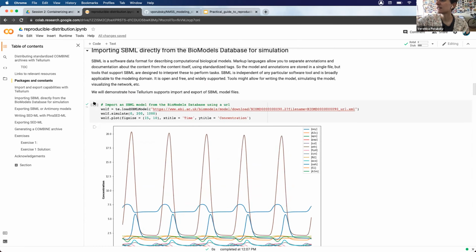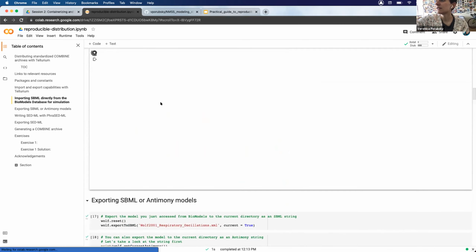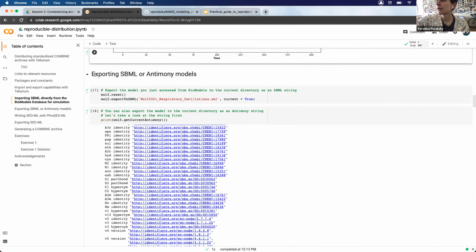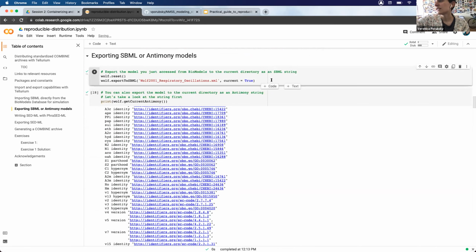Just in case, I can't remember if I reran this, but let me make sure I do. Okay. So if you're using this on your local machine, running this would create a file called Wolf 2001 respiratory oscillations.xml, which is just an SBML file. It's using the current version. Since I just reset it and I didn't change any of the parameter values, it's the same version I imported